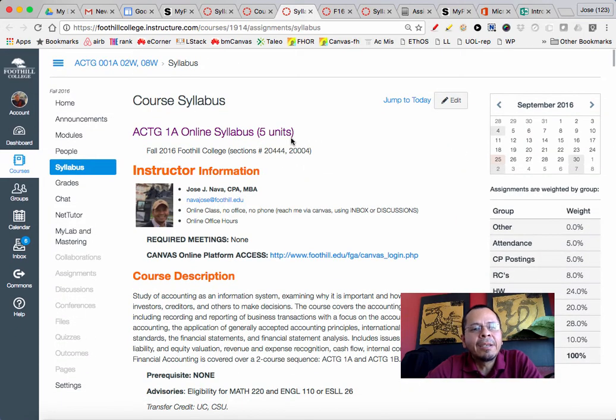Now, I'm going to go back now to the syllabus for our class. And again, I'm here in Accounting 1A, and you will see on the left side here, this is actually the course navigation panel. As always, you have some homepage link announcements which you need to review as you log in every time you log in during each week. And I'm going to require you to log in at least 3 times per week. One on Monday, so you can see the agenda. Modules will be where you go for all the content for the class in the sequence of tasks per week that you need to accomplish. That will be your main place that you're going to be going to.